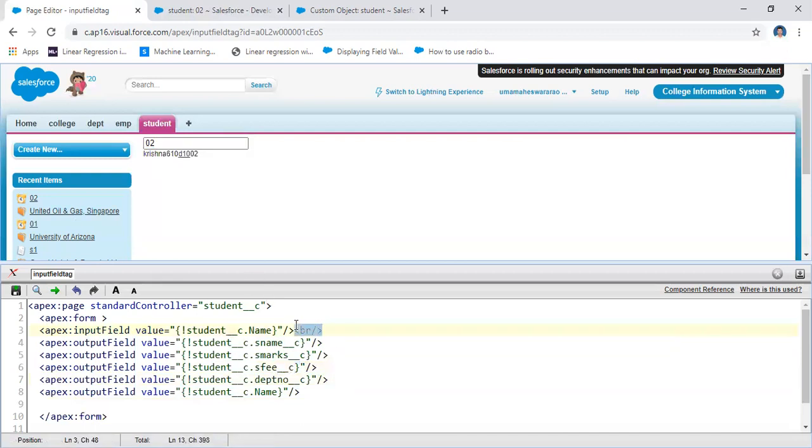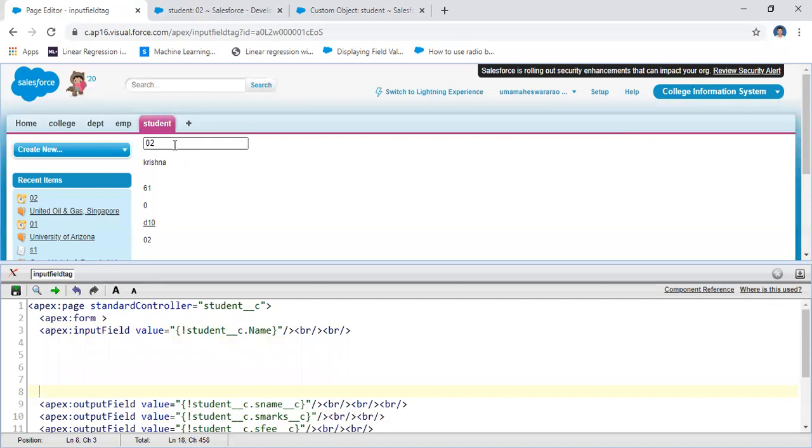That means you required a break. Take a break. Yes, one by one, it displays the information one after another. Similarly, you may use the input field. For the input field, this is called input field information. In this way, you will get the input field information.